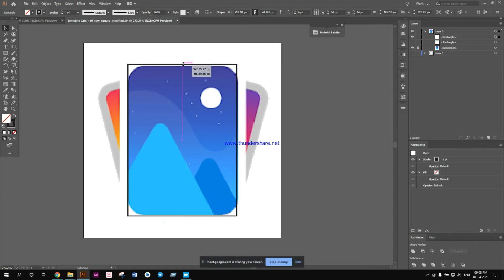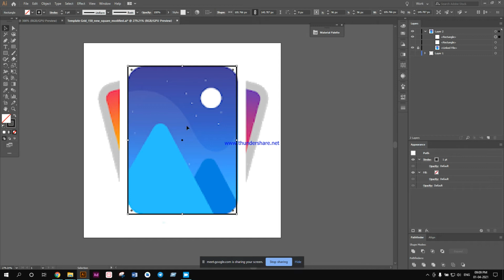Now I'm just going to press Alt and drag the two edges. If I press Alt, what happens is that if I click and drag one edge inside, the other edge on the opposite side will also come inside. So you don't need to manually do this one and this one.